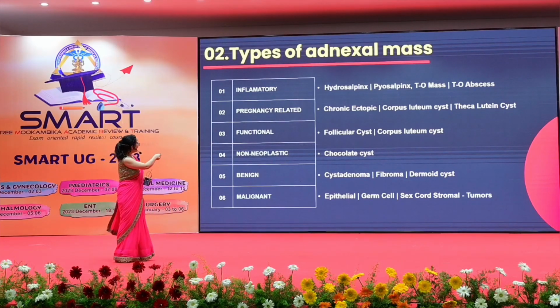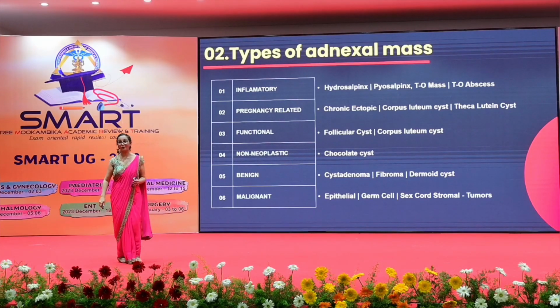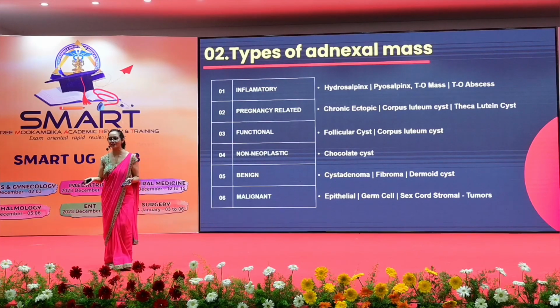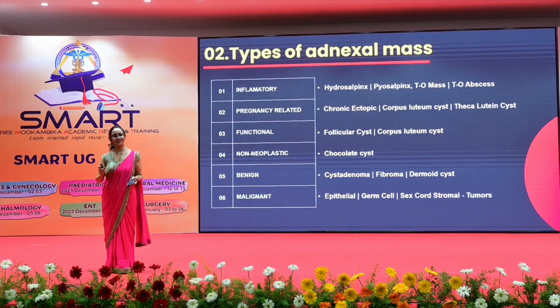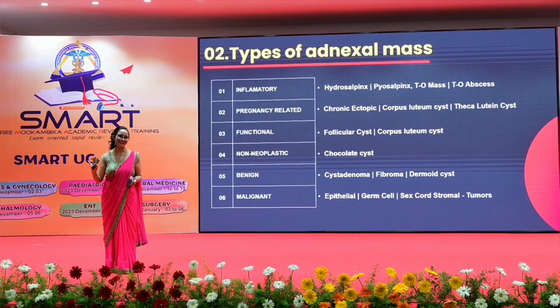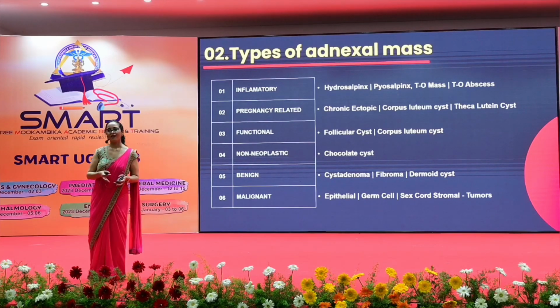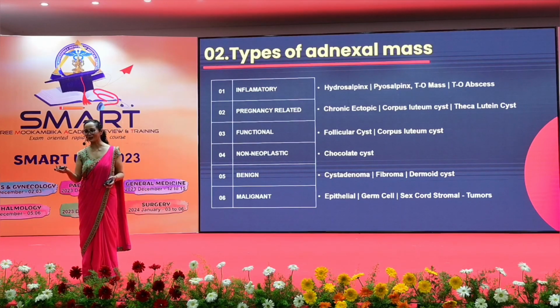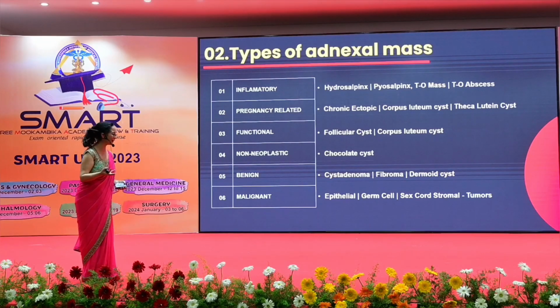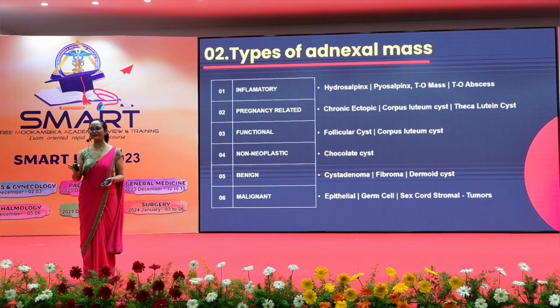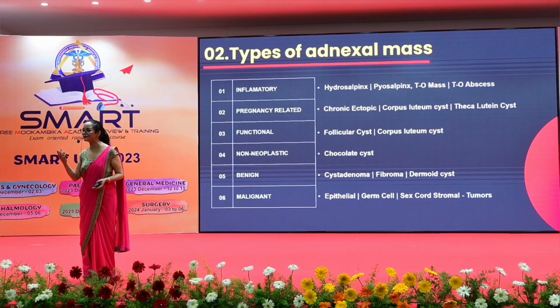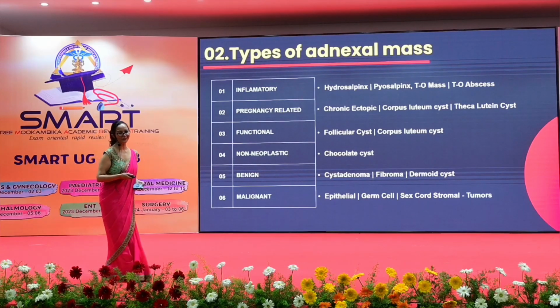Okay. The third kind of cyst is non-neoplastic. The name is chocolate cyst. Trust me, if you do one case of chocolate cyst in OT, for at least one month you will not eat chocolates. It is a dirty fluid, dirty concentrated blood and debris. I don't think it looks like molten chocolate in any way, but maybe somebody was in a very good mood and named it chocolate fluid, okay?